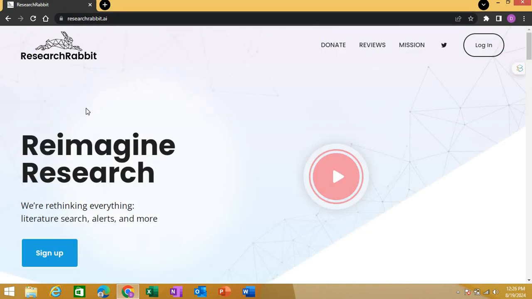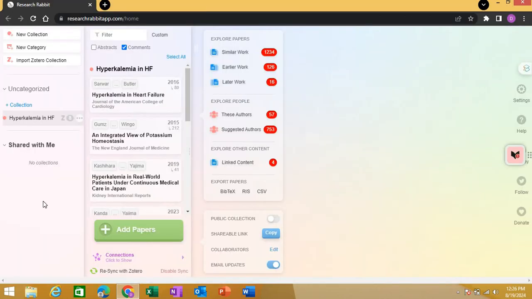Once you click on ResearchRabbit, this is the page you will land on, and it asks you to log in. If you don't have a login, you can sign up from here, but I already have an account, so I'll just log in. Once you log in, this is the interface that you will land on in ResearchRabbit, and